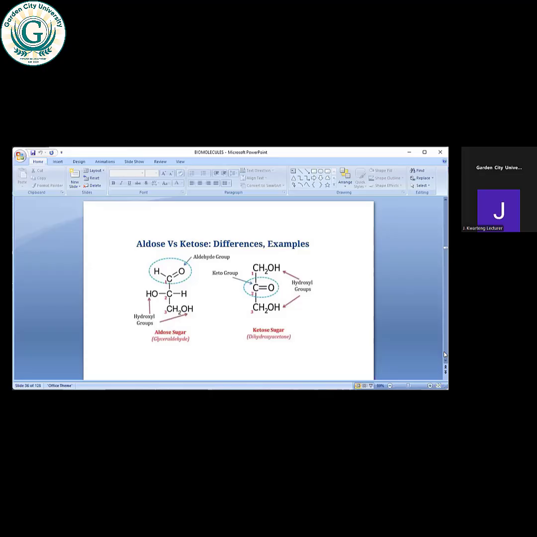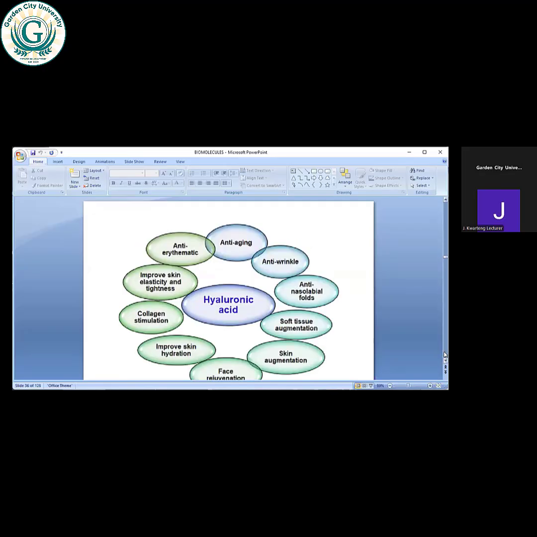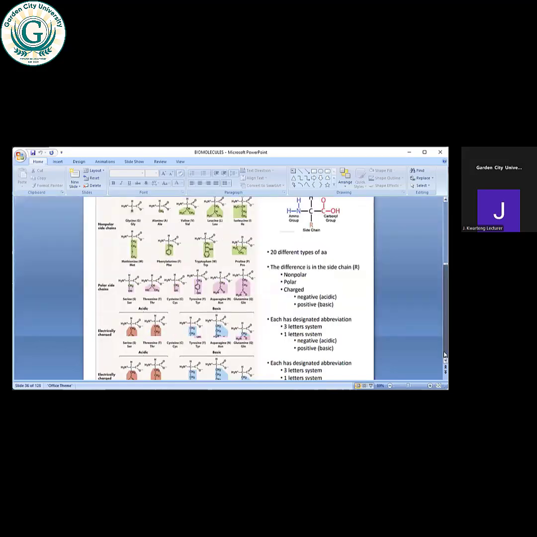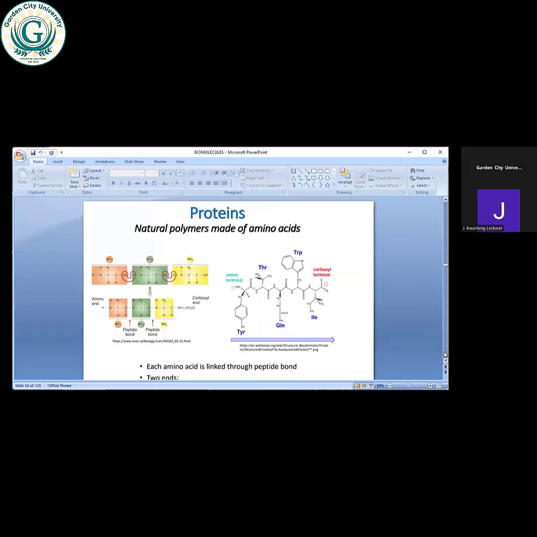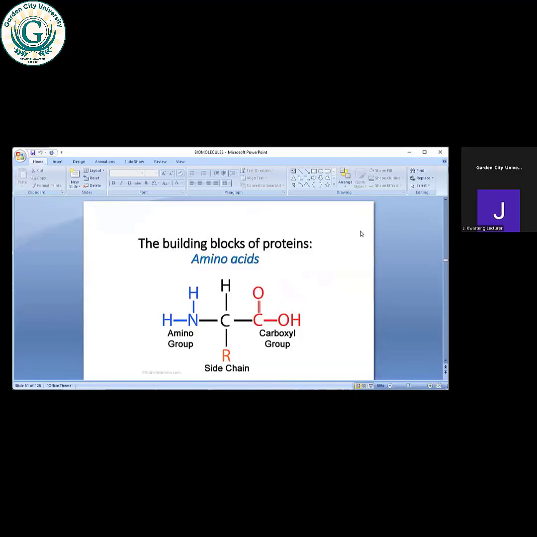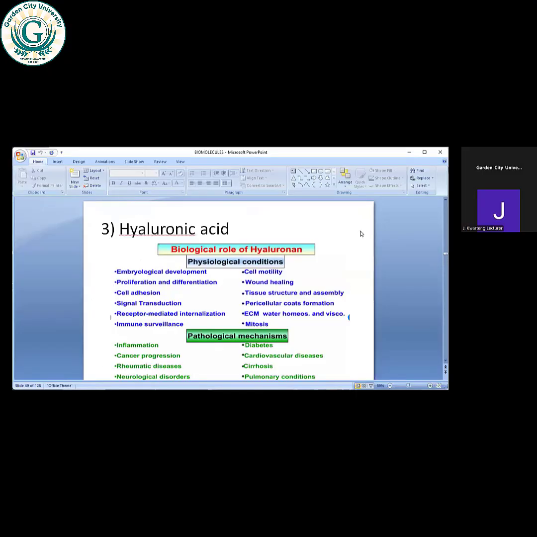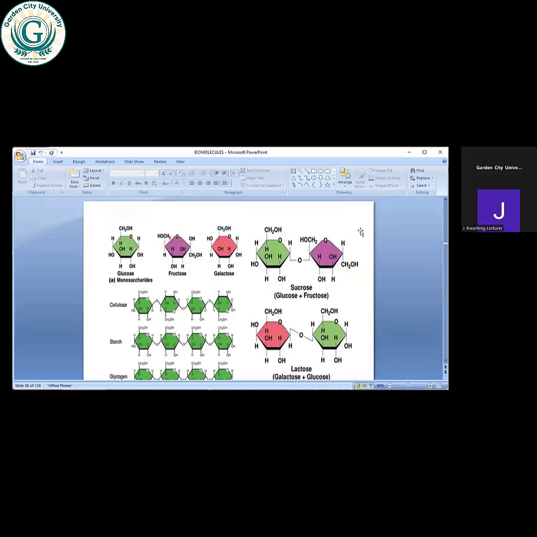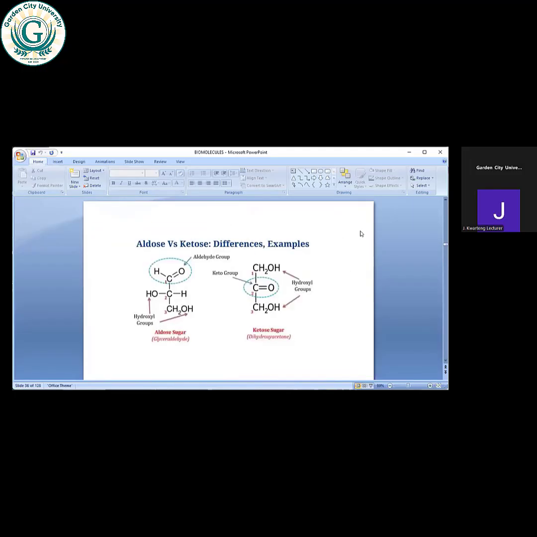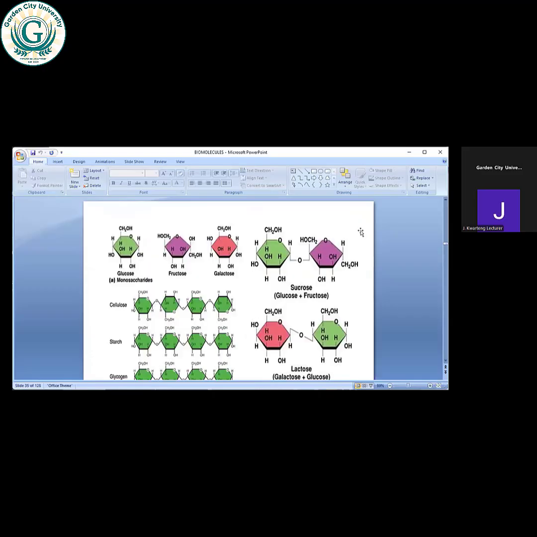And then we also have what we call the polysaccharides. The polysaccharides have about 20 and more of the simple sugar unit. Common examples include what I'm sharing with you: cellulose, starch, glycogen.